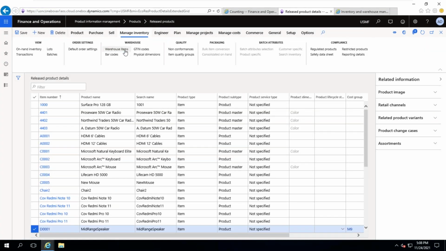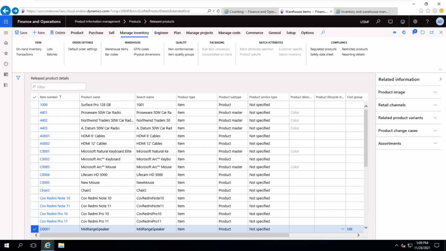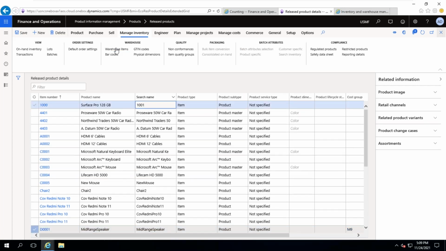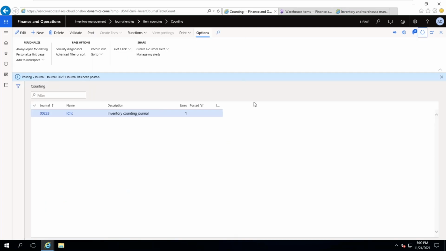If you go back, warehouse items, because counting is over, so it will be open. Got it? So for this item, there is no blockage. The reason behind is I have not enabled that lock checkbox at the time of transaction. So that is the reason it is not showing. Otherwise, it will show you. Okay, I have enabled this checkbox manually, but during this transaction. Now, so if it is like this, then